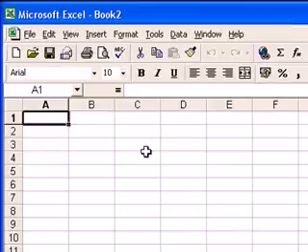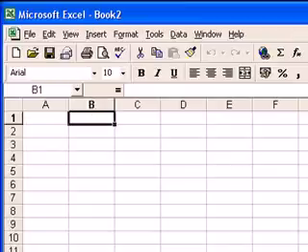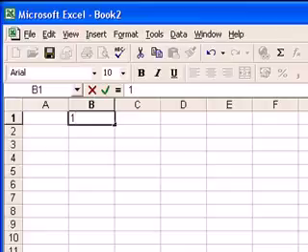Now, first thing I'm going to do here is click into cell B1. And then I'm going to type in the number 1, and what I want to do is create a 10 times multiplication table, so numbers 1 to 10 on row 1 and numbers 1 to 10 in column A. So what I need to do here, now I've typed that number 1, I haven't pressed enter by the way, I've just typed the number 1, and I put my mouse pointer over the bottom right of the cell so